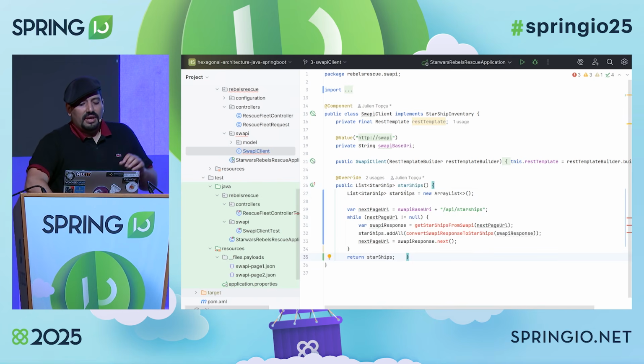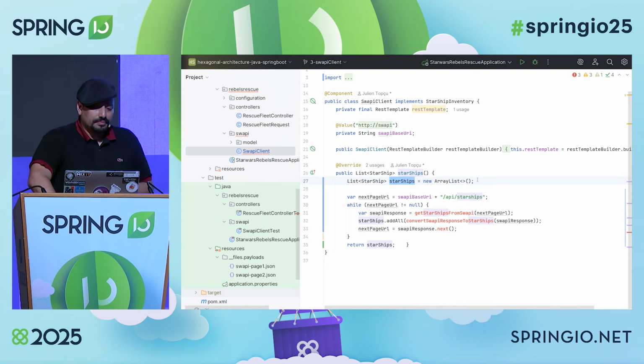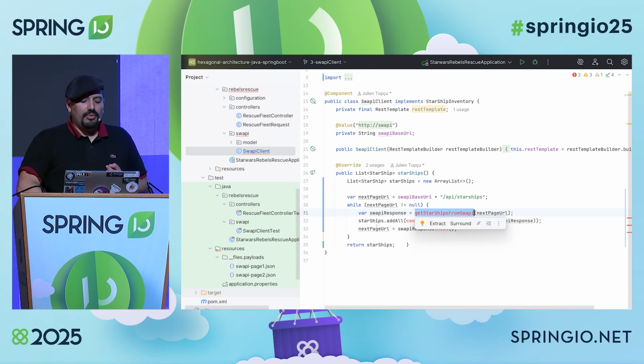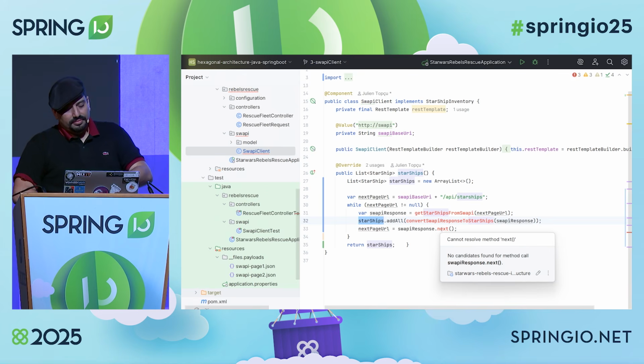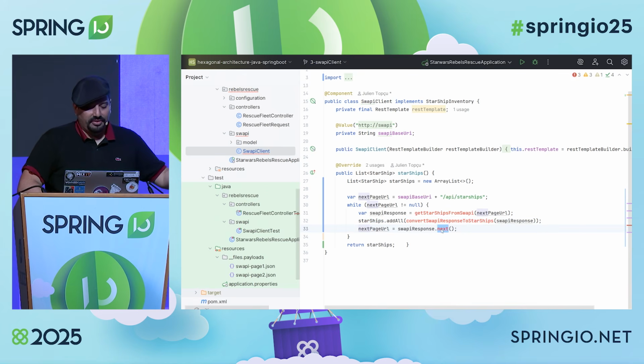So here, I will initiate a list of Starship that will be empty. I'm initiating the next page URL to the first endpoint, Starships. And while this next page is not null, I will retrieve the Starship from Swappy, and I will collect them and iterate to the next page, right, until there's no next page.